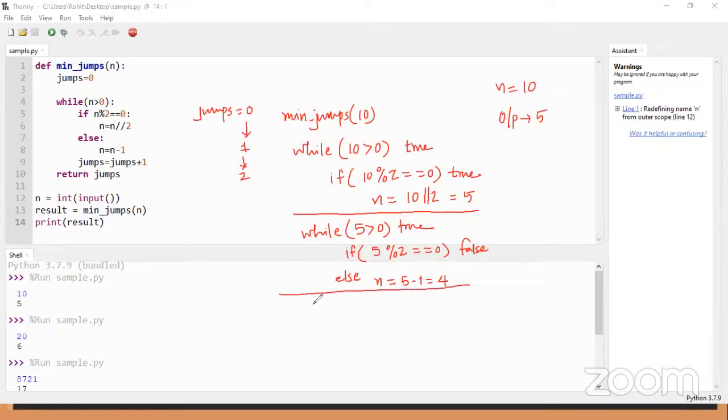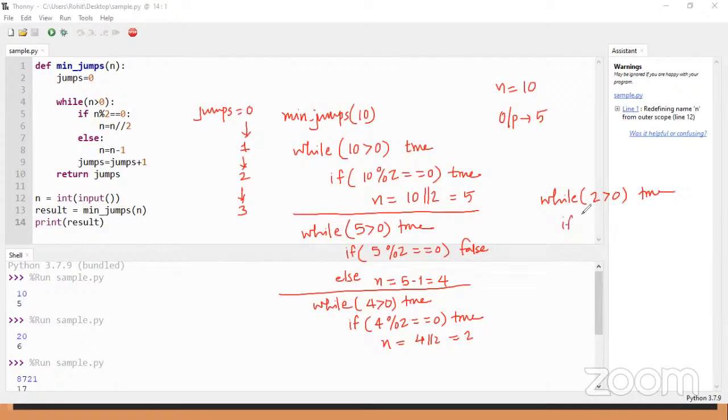Next time, your while loop will check 4 is greater than 0, which is also true. And again, if condition based on 4 modulus 2 equals to 0, this is also true. So you will perform n is equals to 4 divided by 2, and that is 2. And jump will be incremented, that becomes 3. Next time, your while loop will work on 2 greater than 0, which is true.